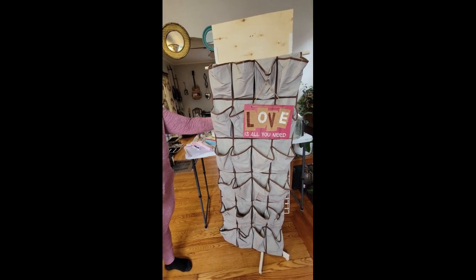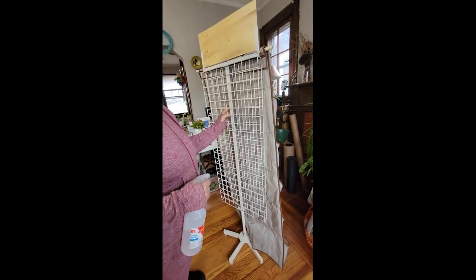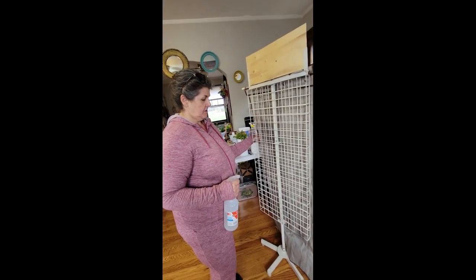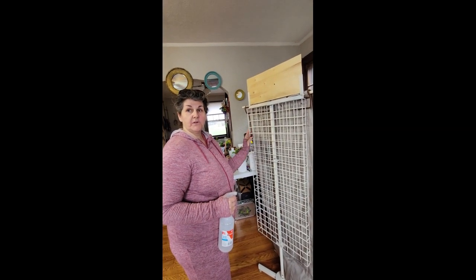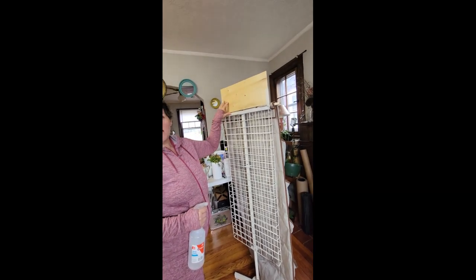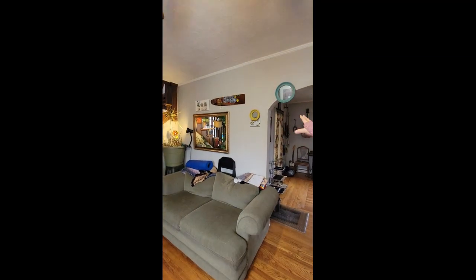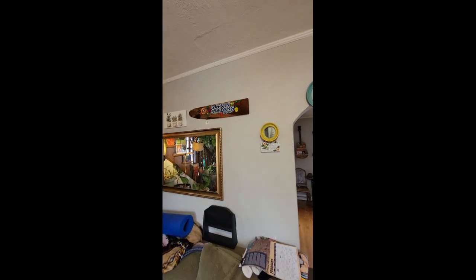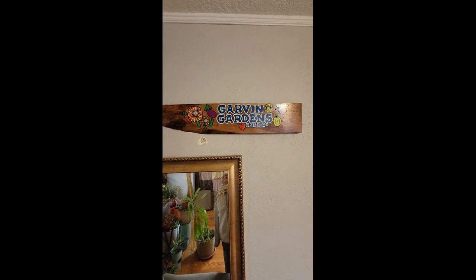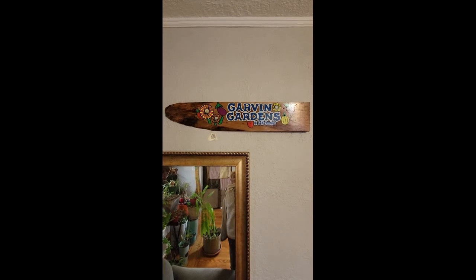But this is, again, something that was recycled that has little shelves to put on it. So I'm thinking about, if Miss Ruby's would ever allow me to put flowers in their place. And he made this sign for me. Bill is an artist. He made that for me. We unofficially call this place Garvin Gardens because, oh my goodness, Garvin Avenue. But then he also made this one,